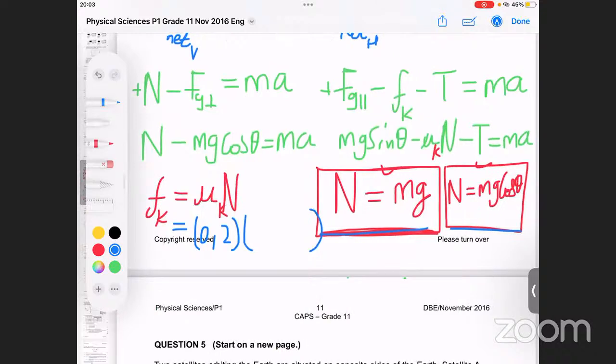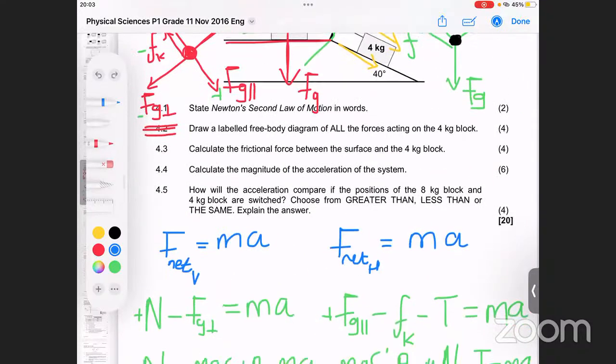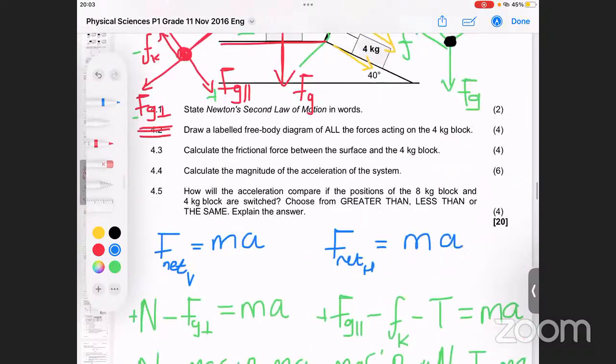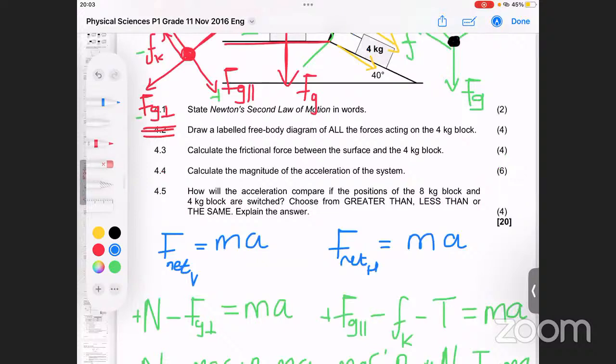So that is why now we are going to say, we know what is the mass? The mass is 4. We need to multiply it by g, and then we need to say cos of an angle. Then you punch all of that on a calculator. That's how you get the answer for that question. But does it make sense,